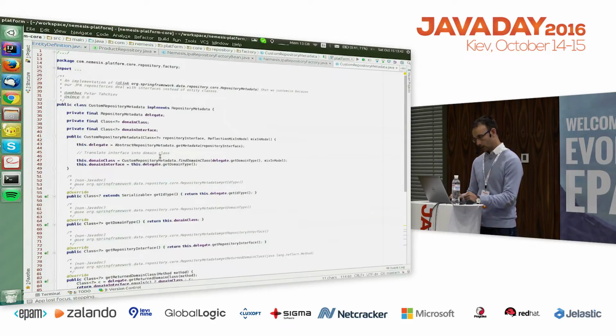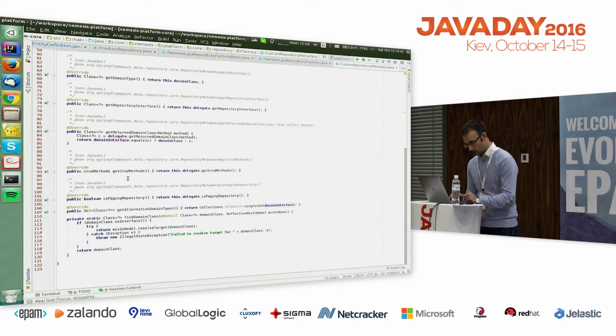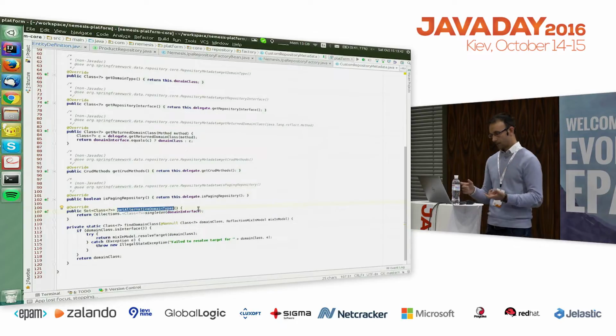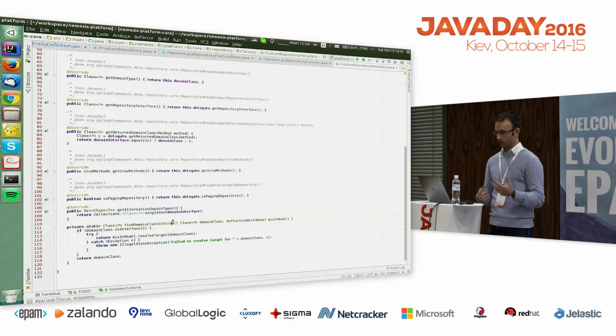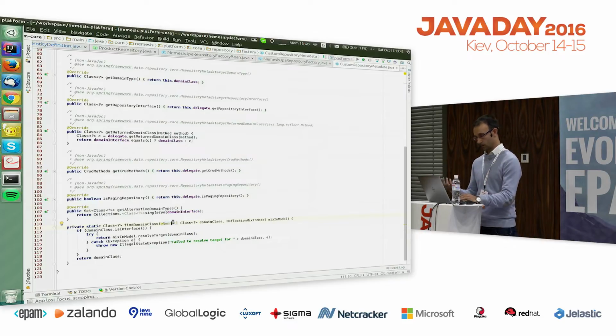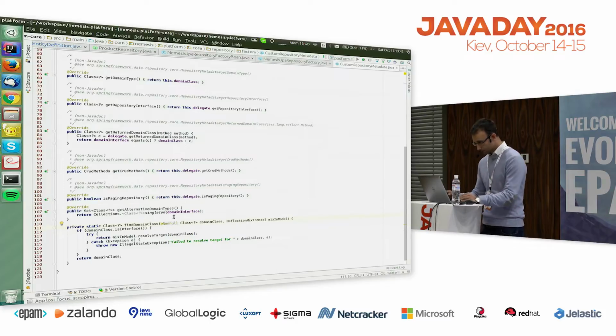So we're keeping track of the domain class and the domain interface, and the domain interface is actually returned when you say the alternative. Yeah, so in Spring Data, I think two versions ago, they added this interface called get alternative domain type, which allows you to specify more than one type for your repository. So now we're looking not only for the interface but also for the class. And this actually solves the repository